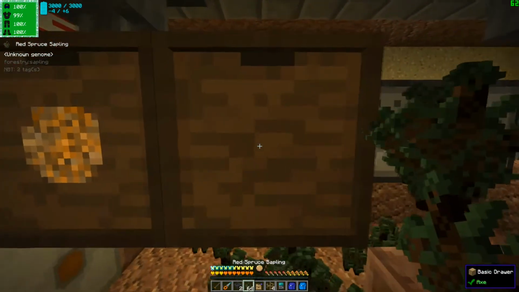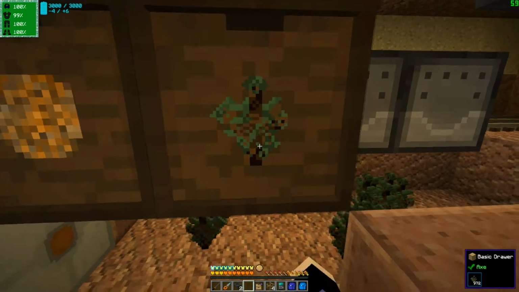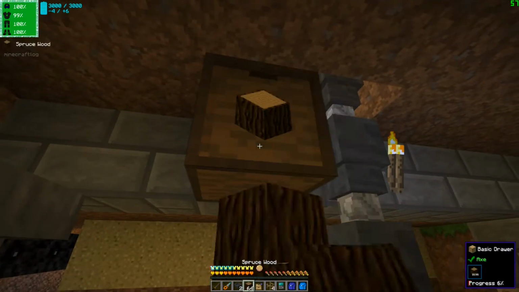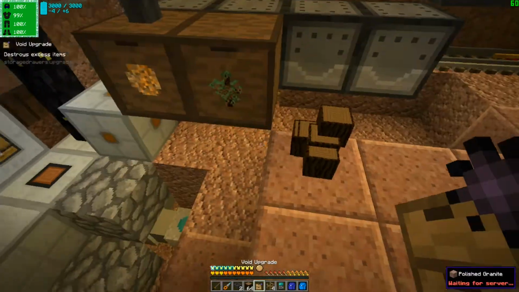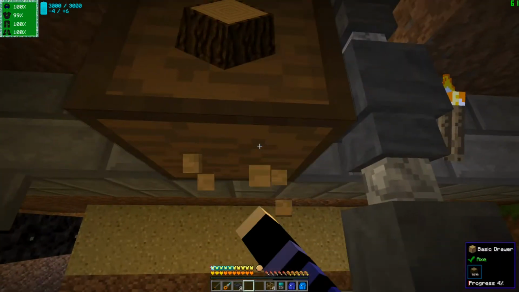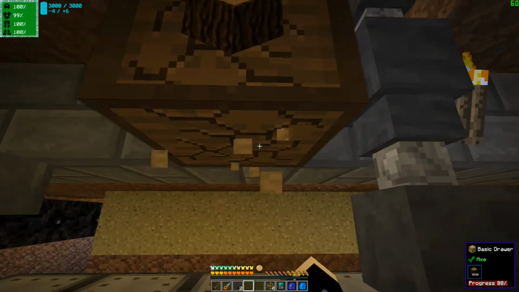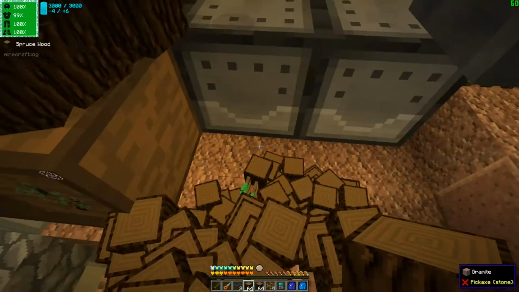Like so. And then we can put these back inside. Like so. And then we need to move this down. This has a lot of wood in it. Actually, we can put that back in there. Pretty simple stuff, really. And then I guess we'll put...